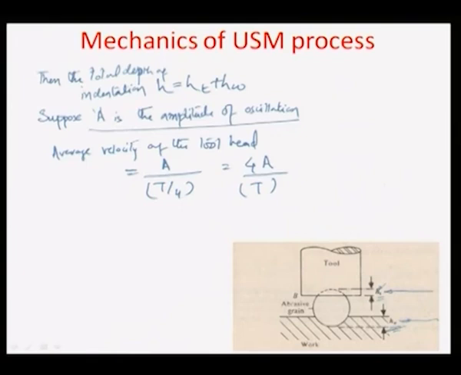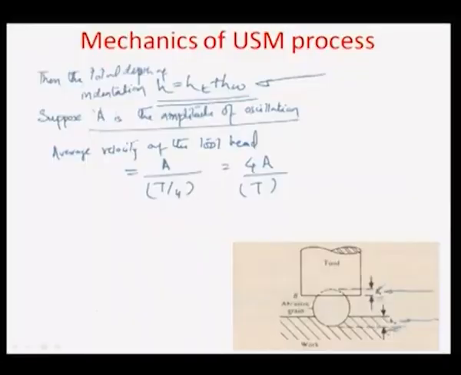So, we have already seen that the total depth which is moved because of indentation on the tool side and the workpiece side is equal to h. How much total time will be needed to cover that particular depth h? It should be equal to the depth h divided by the velocity of the tool head, and the velocity has already been estimated as 4a divided by T, and therefore, the total time